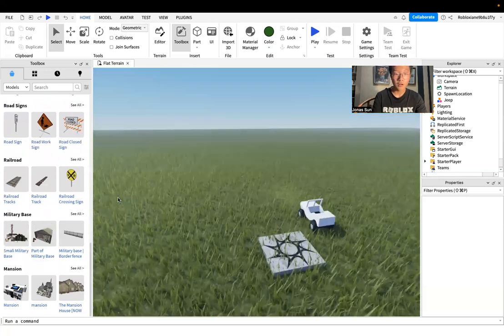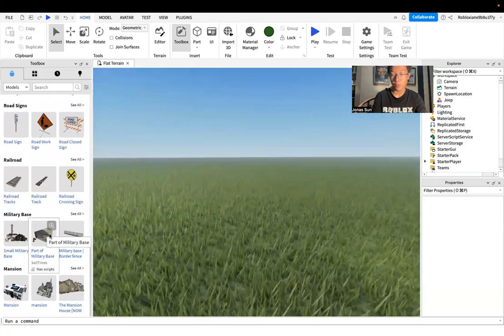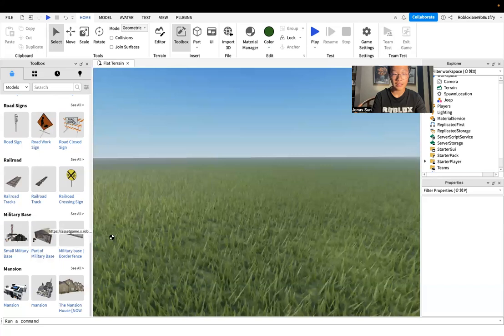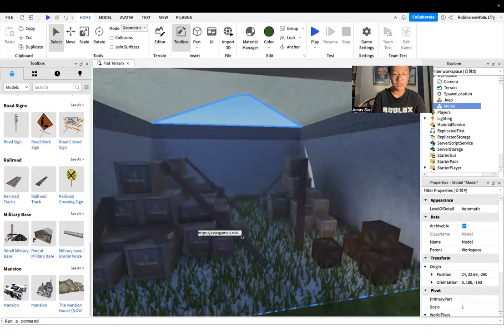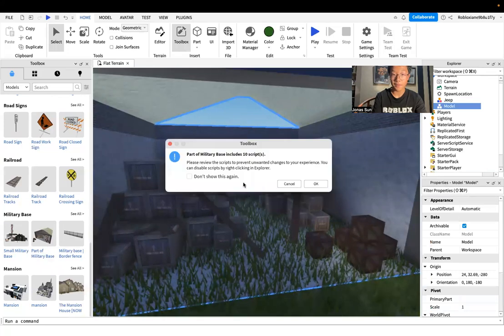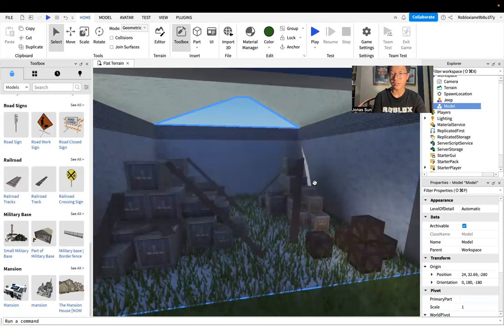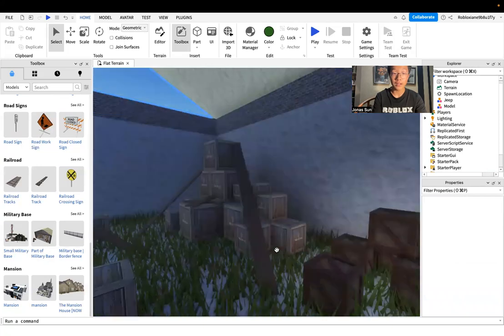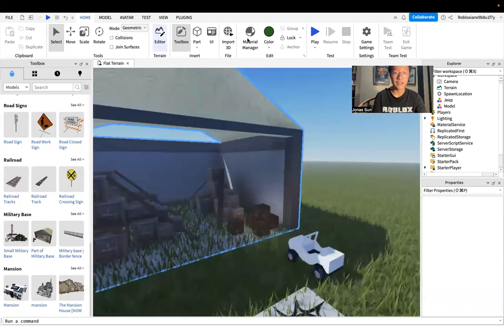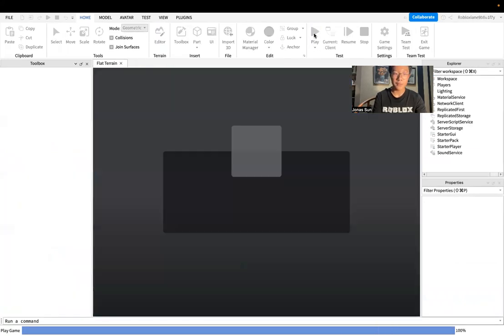So remember, all you have to do is click and drag, or you can just click. Let's drag it inside by dragging, and you can see it appeared inside the game. Now it says it includes 10 scripts. Let's just say okay, we're going to allow it. And now you can see the base right in front of us, right? And if we go inside the game again by pressing play,